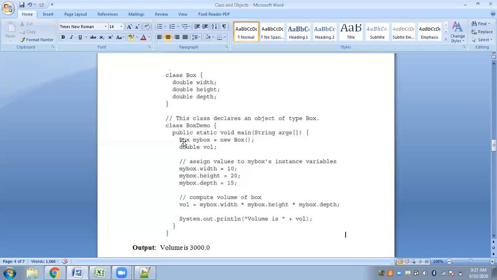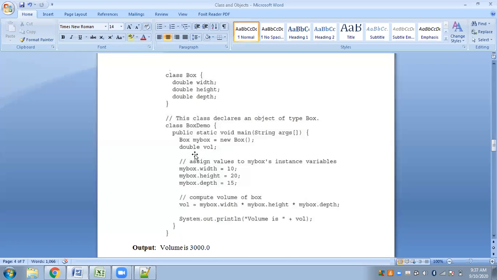So this is the Box class followed by the object. myBox is the object of this particular class, equal to new, followed by the Box constructor. new is the operator which will lead to the creation of this object. It will allocate a block of memory for this object, followed by a constructor. The constructor will initialize this object. We will learn about constructors in the next topic, which is all about constructors, so then you will be clear about it.